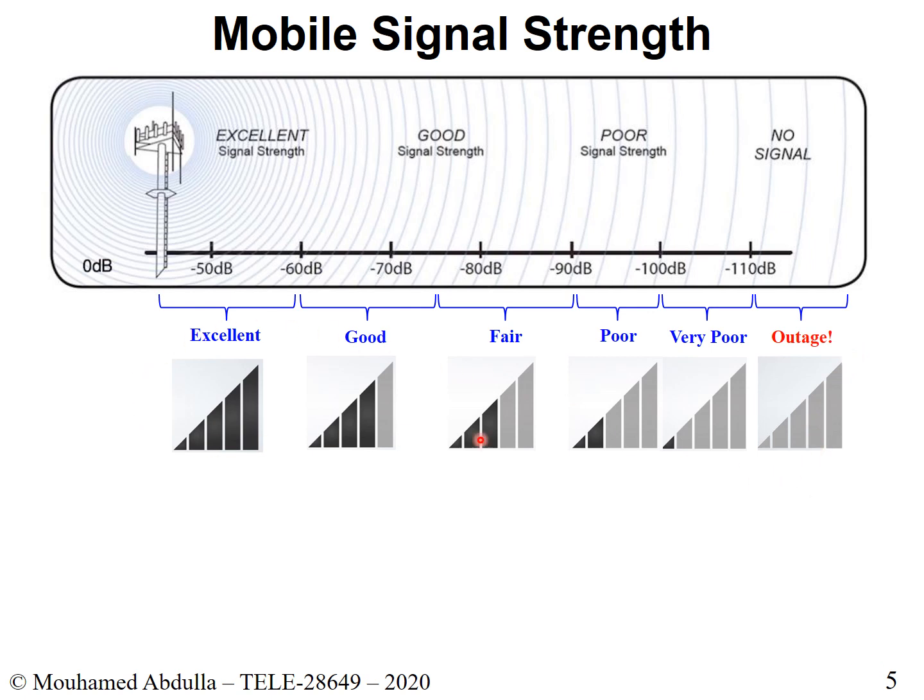Now, just so you know, because I remember one student mentioned this in class, that some of the cell phones have 4 bars. They don't have 5 bars, and some have 5 bars. So I don't have an iPhone, but other friends and colleagues and family members that have an iPhone told me that they see 4 bars. And that's okay. It's just the way that it's manufactured. It's manufactured with 4 bars. So this is basically kind of scaled down to only 4 items. As you can see here, perhaps poor, no signal, poor, very poor, poor, good, and excellent. And when you don't see anything, well, that means it's gone.